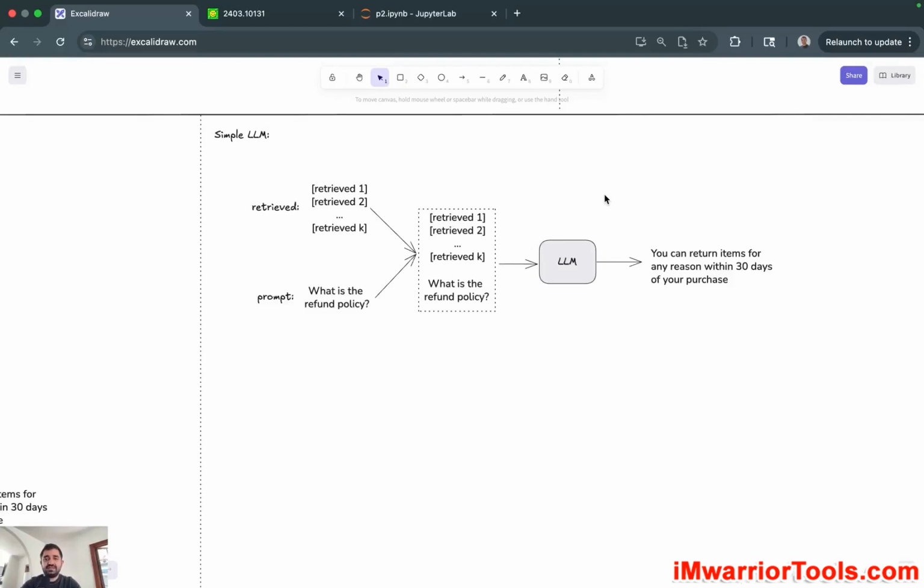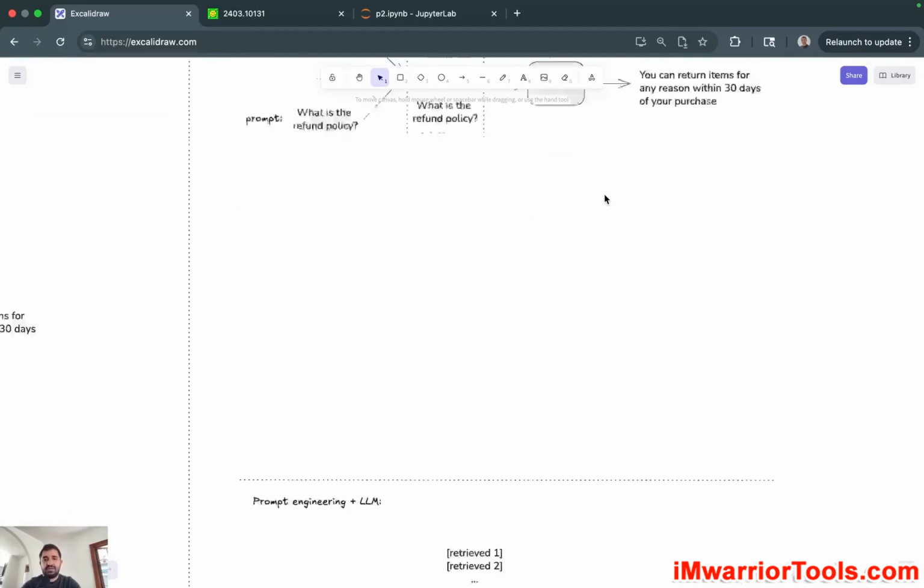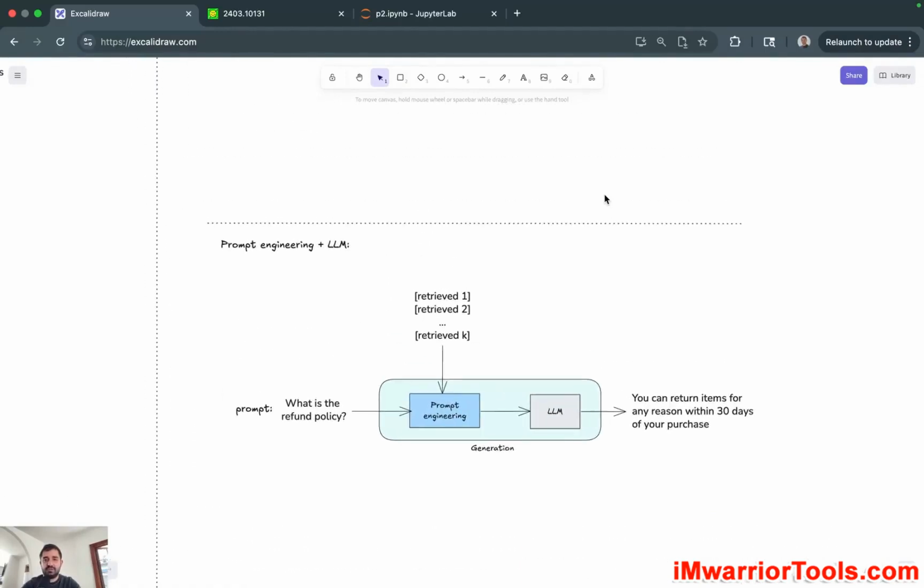However, in practice, we can make this generation a little bit more advanced, and that's going to be this workflow. So we can just combine it with prompt engineering, which we learned as the second technique for adaptation. Basically, the main difference here is that now this generation has both components, prompt engineering and LLM. First, the retrieved content as well as the user query goes into the prompt engineering, and then we apply whatever